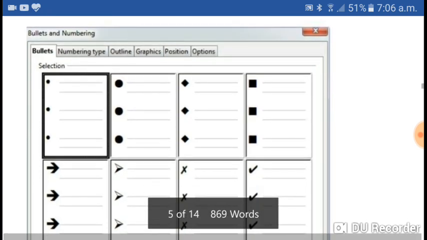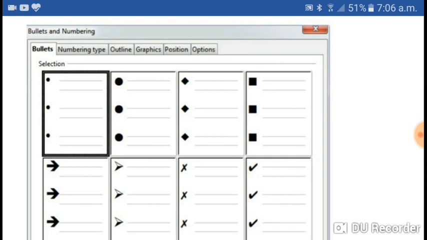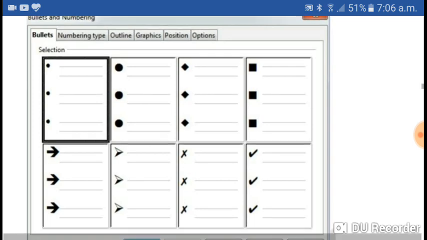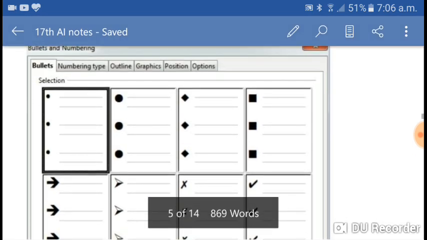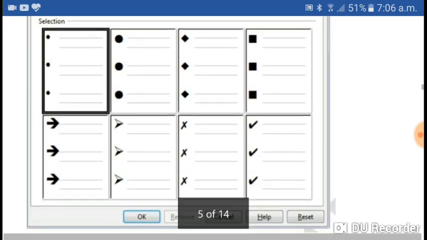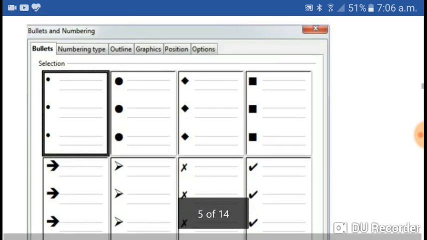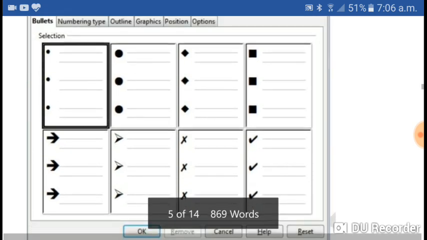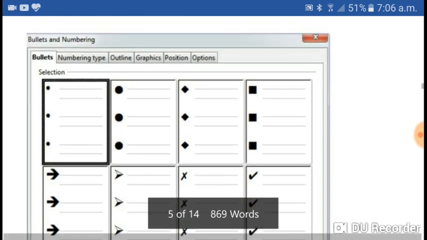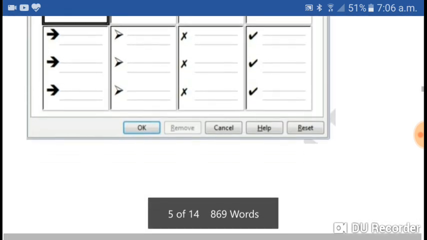Yes, you can see this dialog box. The Bullets and Numbering dialog box is there and a number of tabs are there. By default the first one will be selected and that is bullets. And you can see a number of bullets are there. You can select any one which is required. Select it and then click on the OK button.